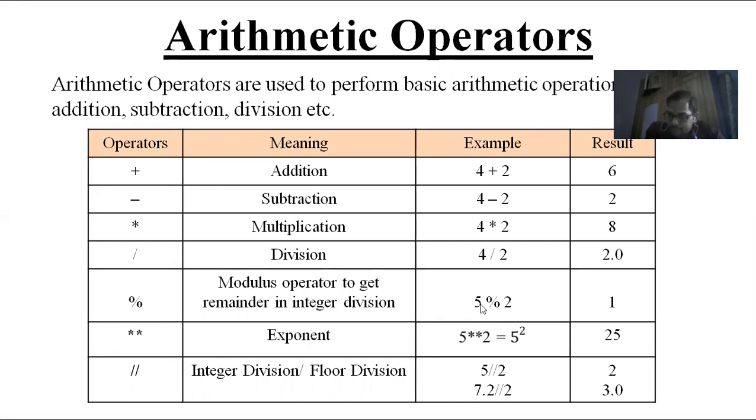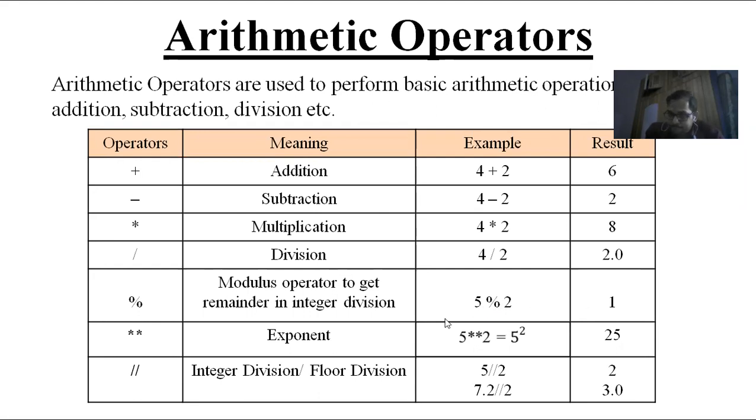So here 5 is an integer number. Similarly 2 is also an integer number. When you divide 5 by 2, you will get a remainder. In this case, the remainder is 1. So the answer is 1. Here the answer is the remainder, not the quotient. याद रखना, quotient आपका 2 है, but it will give remainder 1.